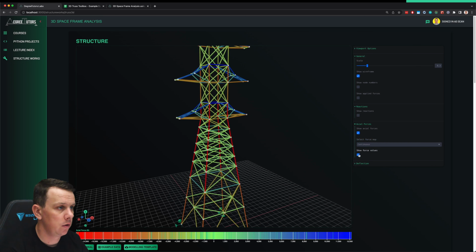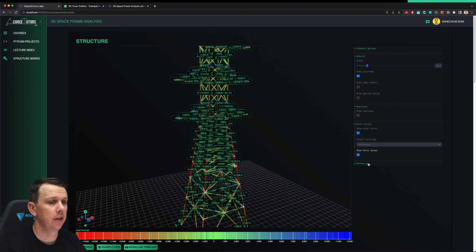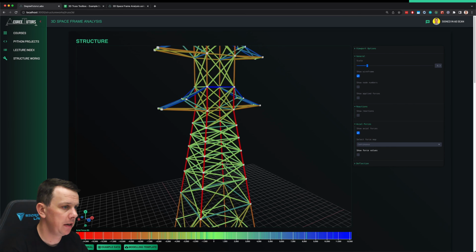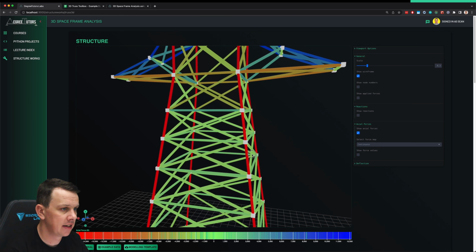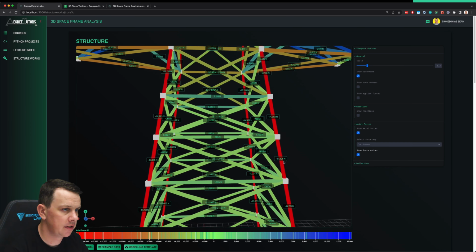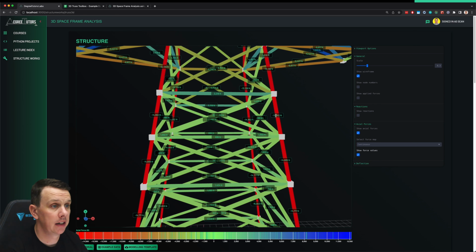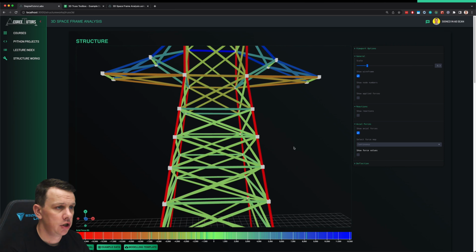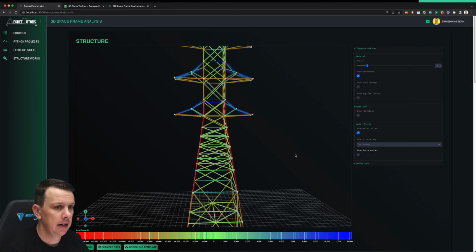We can show the force values again. That's not very helpful. So you're really going to want to zoom in to a particular area of interest and perhaps then turn on your values, and you'll be able to see the force magnitude in each of the members. Okay, so let me see, what else do I need to show you? The next thing is probably